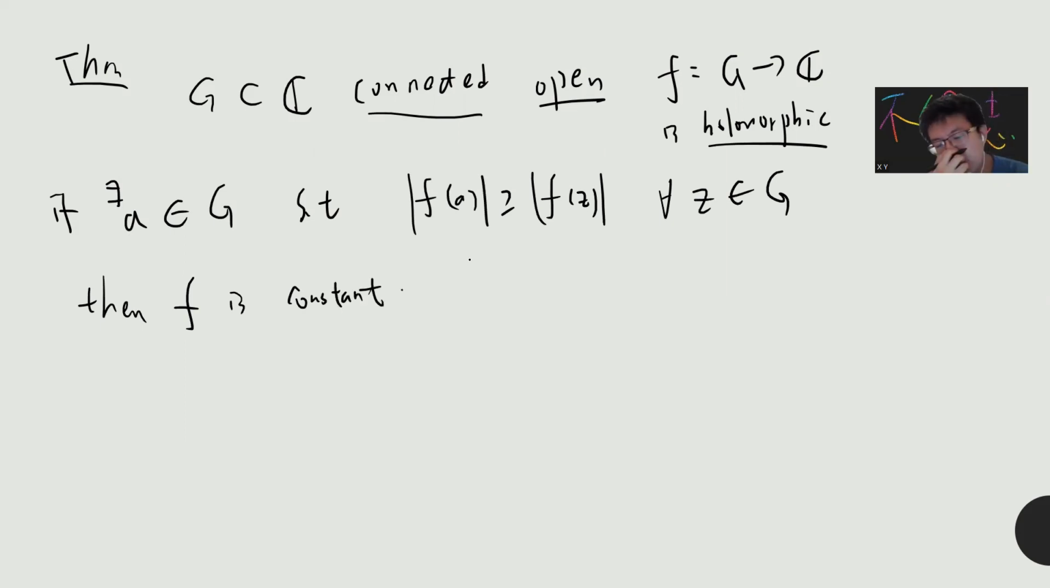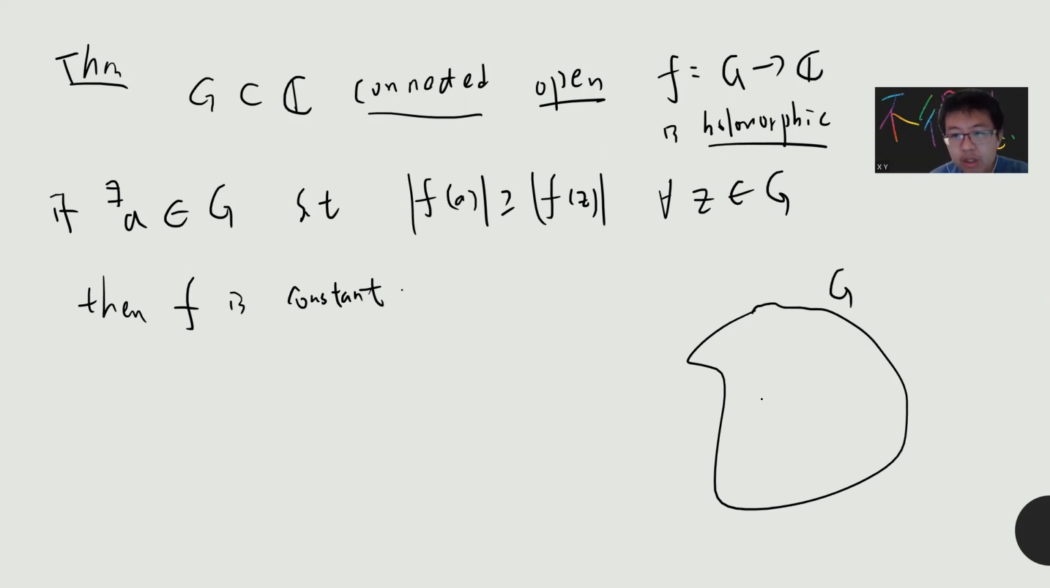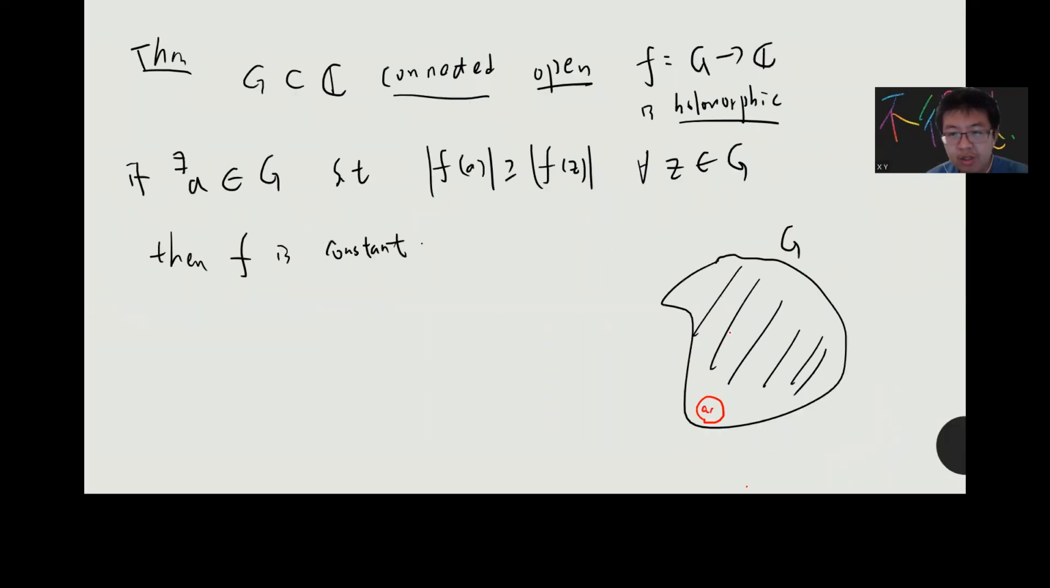So what it means is that suppose this is your G, and G is open. If there is a inside G, and |f(a)| is greater than or equal to |f(z)| for all z in G, then f is constant. So basically, if |f| has a maximum inside G,